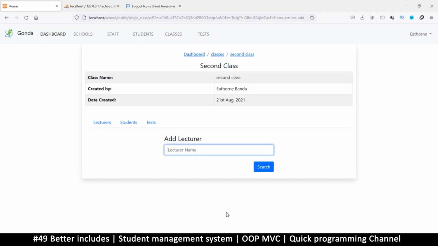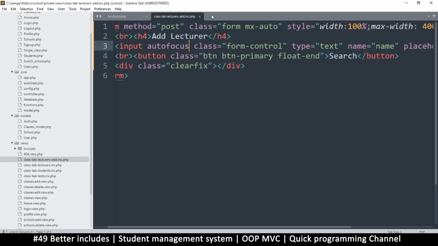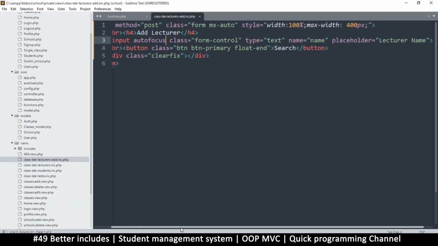That way it focuses automatically. All right, so we add the lecturer here and click search. Once we click search, we should have some results down here. Okay, great. Now we need to